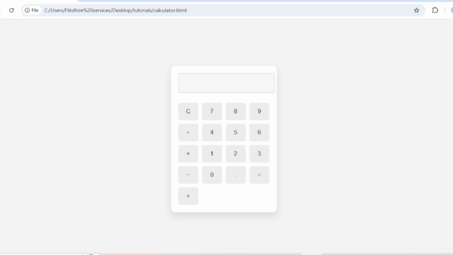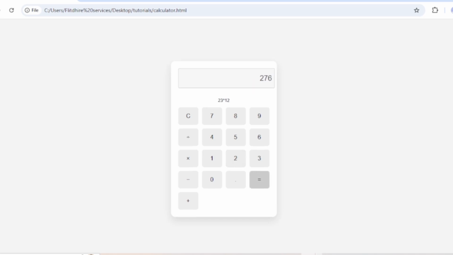So let me show you the HTML code. It's the structure with which we have built this calculator, and then I will show you the styles which make this web page look really nice and easy to use, and the JavaScript that allows us to perform this functionality like multiplication